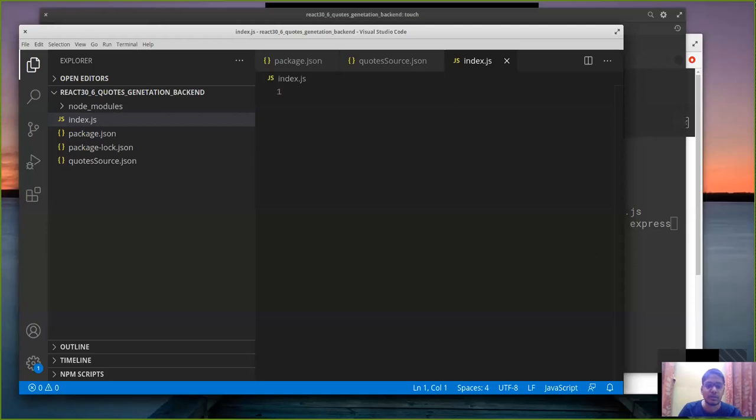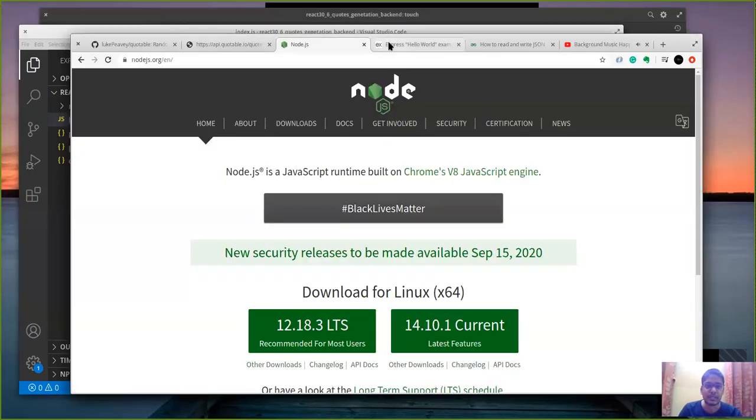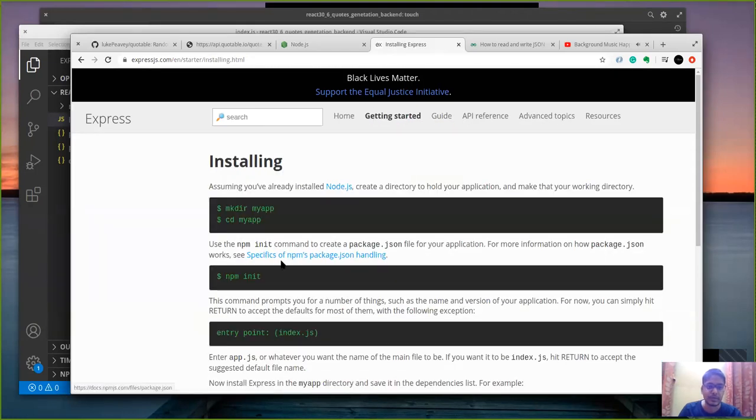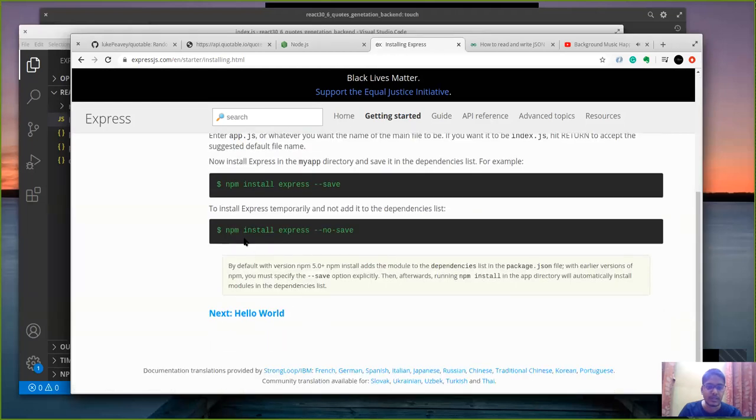If you go to the Express.js official documentation, you will find the steps for installing the Express.js module. As you can see here, you need to run the command npm install express --save.